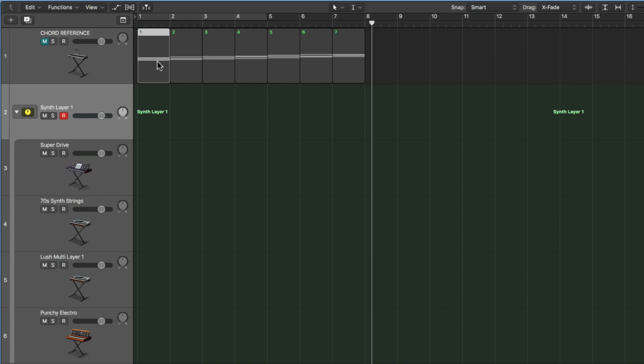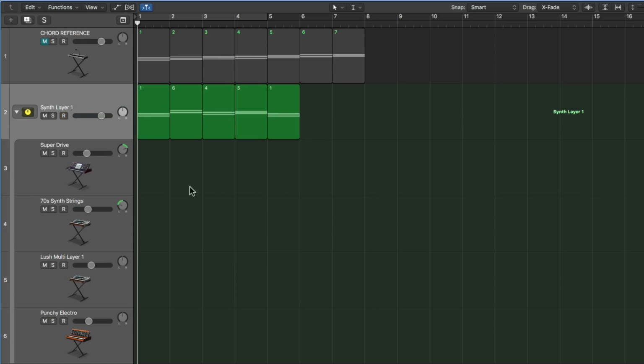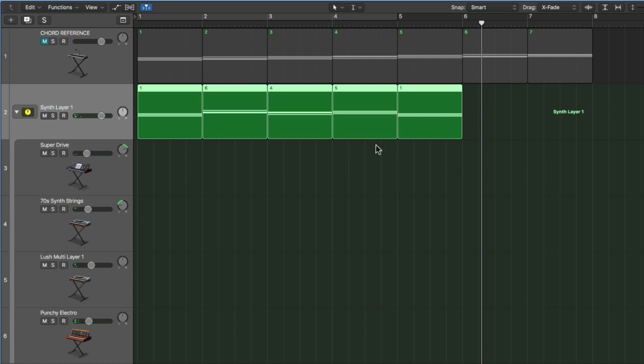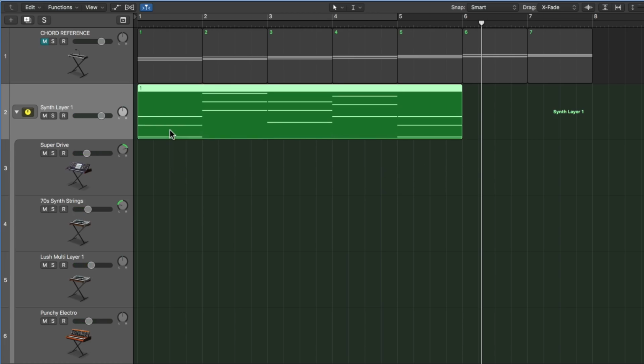So let's hold Option and drag 1 down here. Then let's go to 6. Then let's go to 4. And let's go to 5. And then back to 1 again. And after making a few volume and pan adjustments, let's see what this sounds like. So pretty simple, kind of cheesy, but what I am going to do is drag over this, press J, and